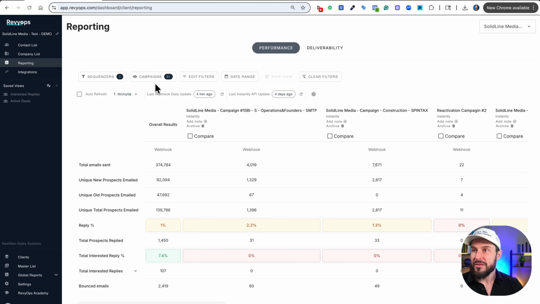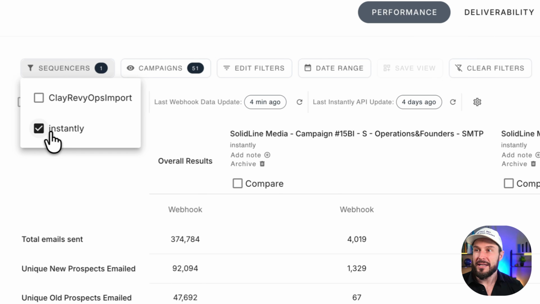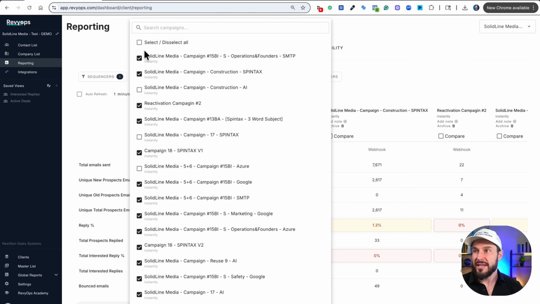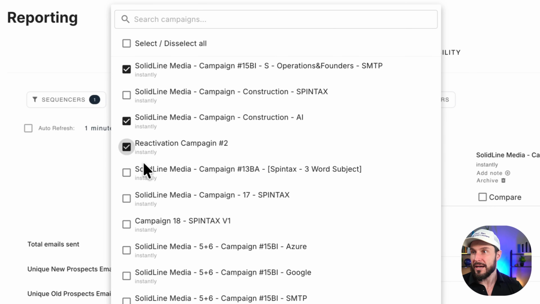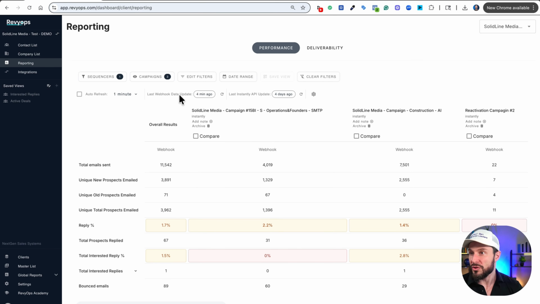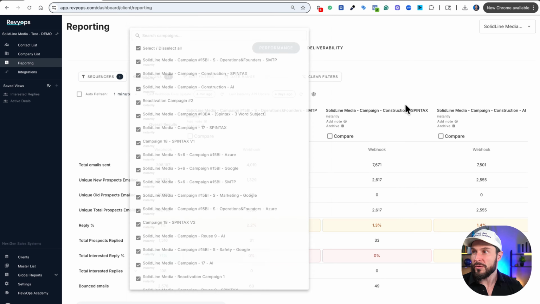Okay, so now that I'm in the report, you can see here we are tied into Instantly. You can tie into multiple sequencers or any sequencer you want. All of these campaigns have automatically been included. I can remove all of them. I could add them one at a time, but it allows me to see all the campaign results that I want to see. So let's say I want to see all of the results and I just want to review